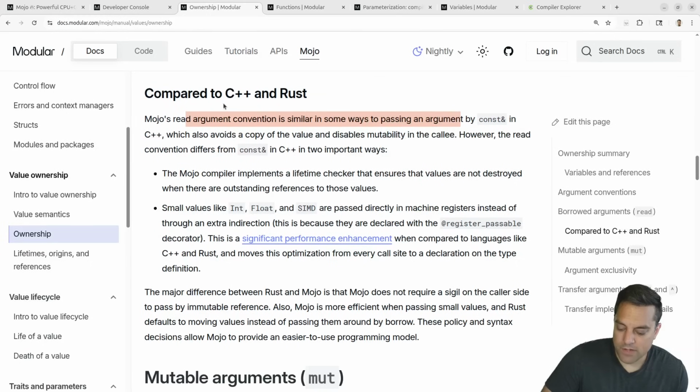read is okay. So reading in Mojo is kind of similar to when we pass values const reference, right? So we don't make the copy, but it's read only. Okay, that's what that means here. But it's different in C++ in two ways. The Mojo compiler implements a lifetime checker that ensures that values are not destroyed when there are outstanding references to